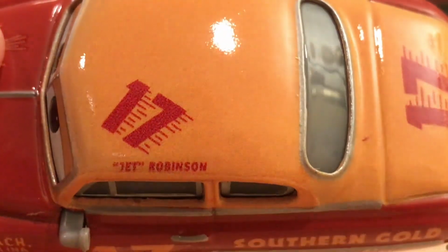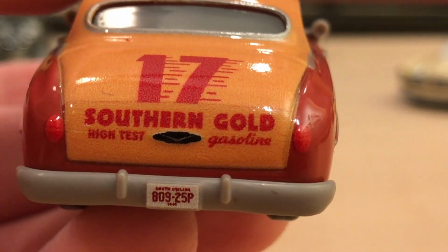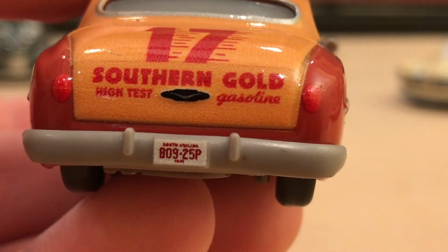Seems like Jet is just a nickname. I wonder what his real first name is. On the back, 17 Southern Gold High Test Gasoline. And his license plate is for South Carolina